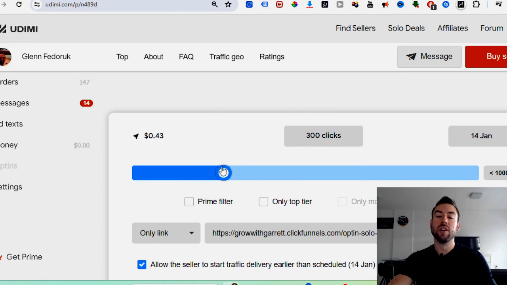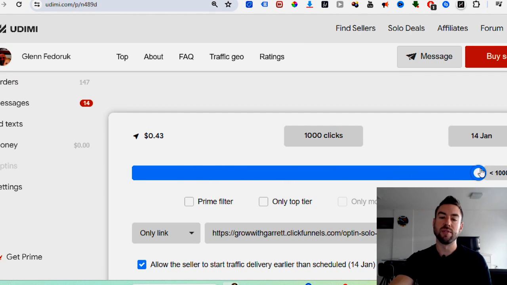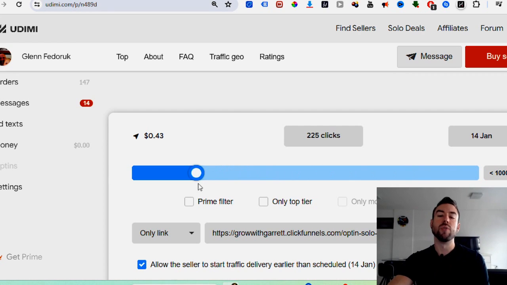Okay, so you want to look now, how many clicks should you do? Now, if you have a lot of money, you may be tempted to go for 1,000 clicks. I recommend you do anywhere from about 200 to about 300 clicks your first time with someone, because you want to make sure they're good. You want to make sure they're actually going to be producing sales before you scale. Okay, so do a little bit, like I said, about 300 clicks,